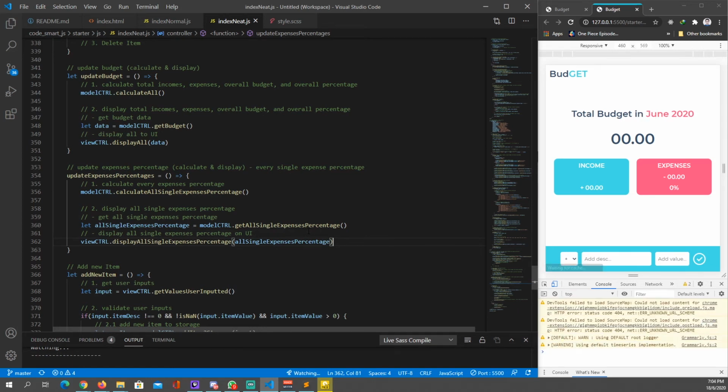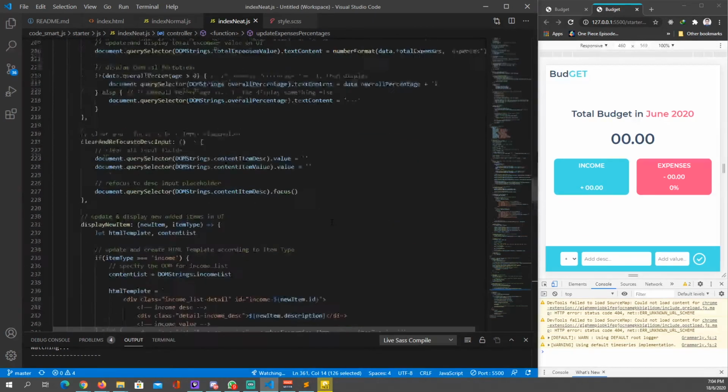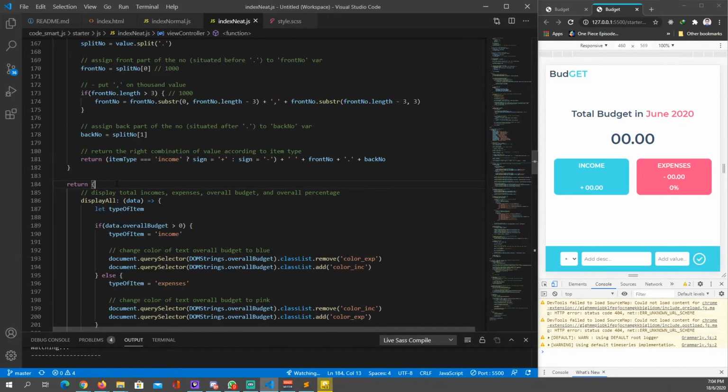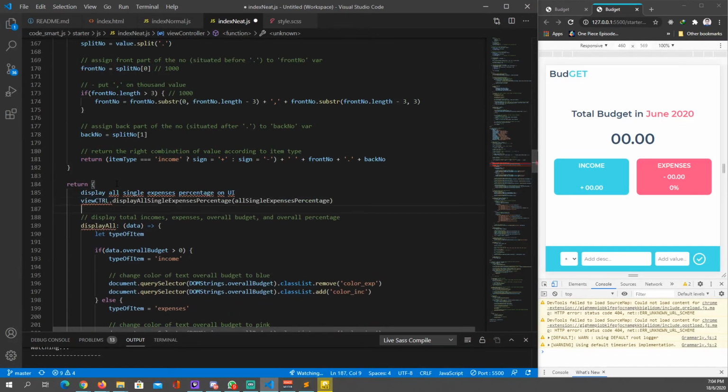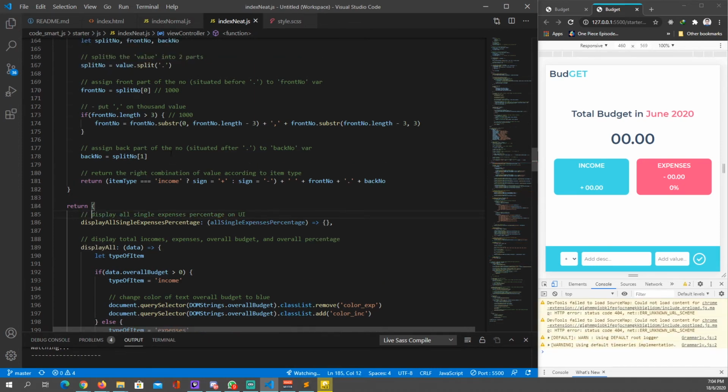Save. Copy this line over here. Copy and go back up inside your view controller, return object, paste it down, put a comma, and change it to a proper function. Comment this, save,